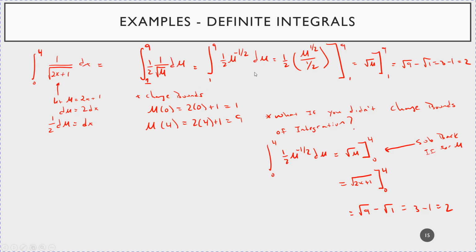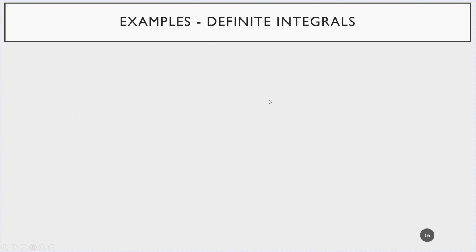All right, let's do one more here. And I'm going to do it by changing the bounds of integration. So let's integrate from 1 to 2, x times (x squared plus 1) cubed dx. Again here, I have the cubed on the outside,